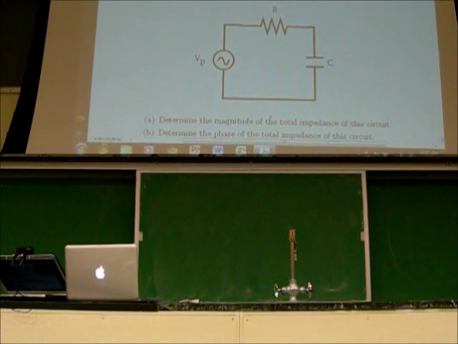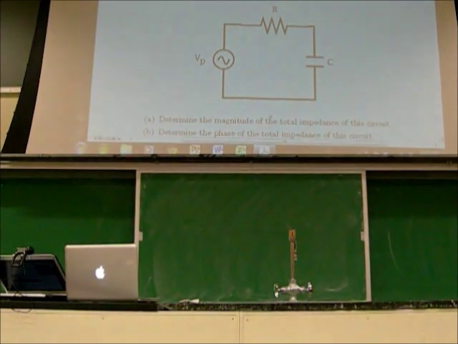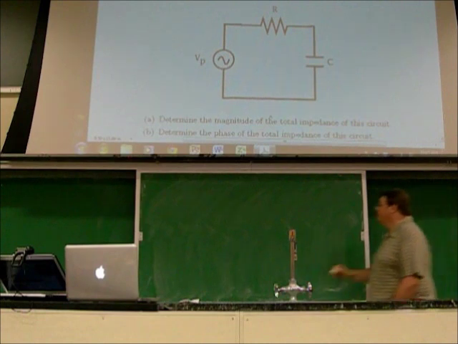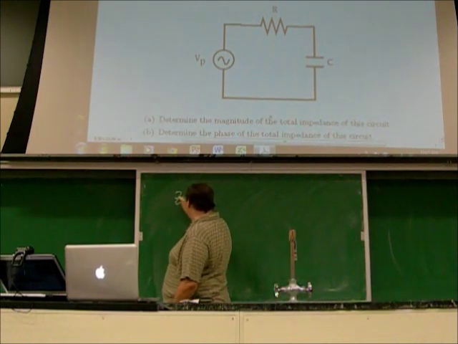Okay? So, this circuit is a series circuit with an R in series with a C. And so, if these were 2 resistors, how would I get the total resistance of 2 resistors in series? I'd add them up. These are 2 impedances. In order to get the total impedance of this circuit, I'm going to add them up. A plus iB, C e to the i phi. Which one? A plus iB. A plus iB. So, my Z total,